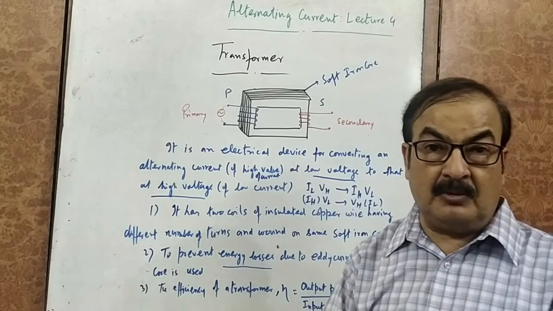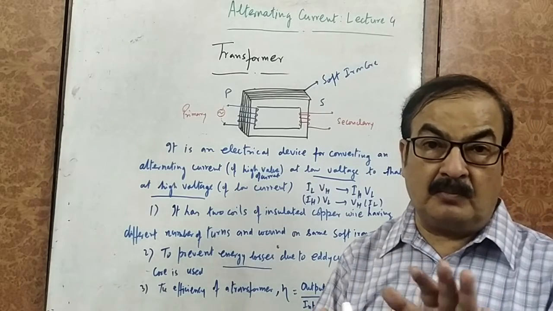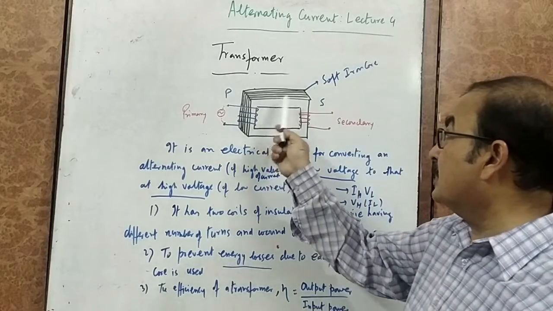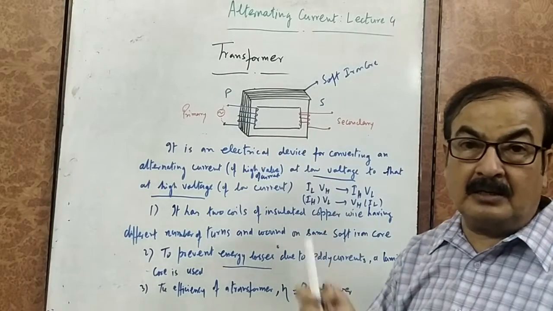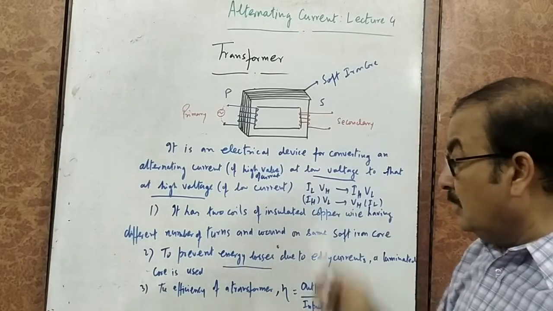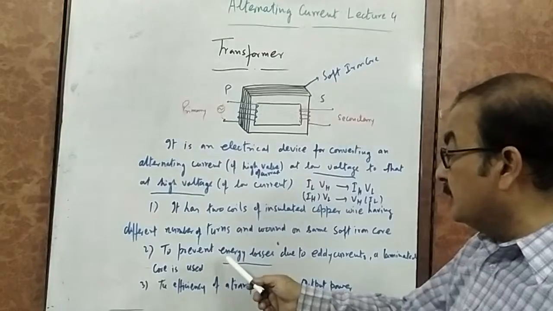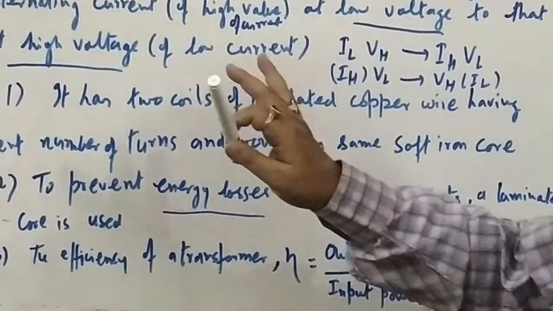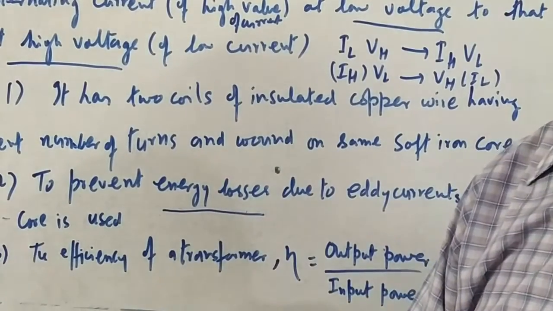कि इसी एडी करंट का काम होता है कि करंट के फ्लो को कुछ ब्लॉक करना, कुछ तरह रेसिस्ट करना. उसको प्रिवेंट करने के लिए हम लोग लैमिनेट कर देते, पॉलिश कर देते या प्लास्टिक कोट कर देते, कुछ ना कुछ चिपका देते, तो जिससे क्या कि just to avoid that thing. And it is to prevent energy loss we use this eddy current. This is the general idea about the transformer.